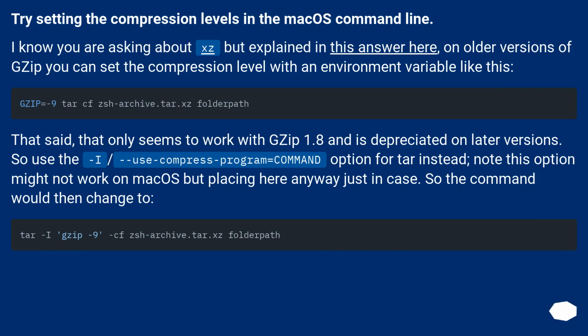Try setting the compression levels in the macOS command line. I know you are asking about xz, but it is explained in this answer here. On older versions of gzip you can set the compression level with an environment variable like this. That said, that only seems to work with gzip 1.8 and is deprecated on later versions. So use the -I / --use-compress-program= command option for tar instead. Note this option might not work on macOS, but placing here anyway just in case. So the command would then change to